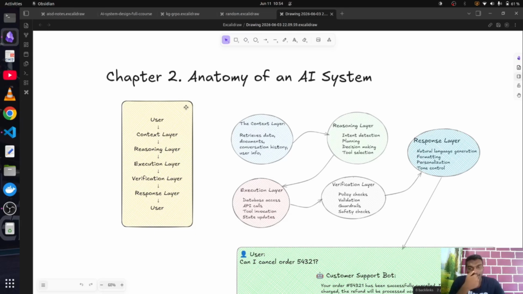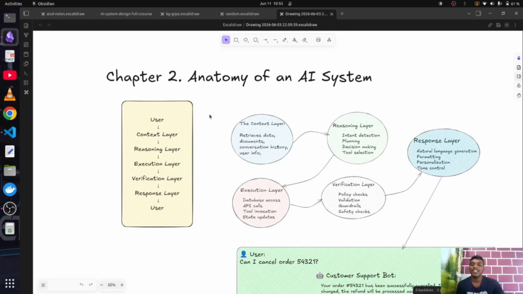So we're gonna dive into an intermediate mode of the course. This is the anatomy of an AI system. What we're going to discuss in this chapter is basically a basic skeleton of any AI system, what an AI system actually consists of. We're also gonna go through a code example, so you can visualize what I'm going to explain and how it looks in day-to-day life.